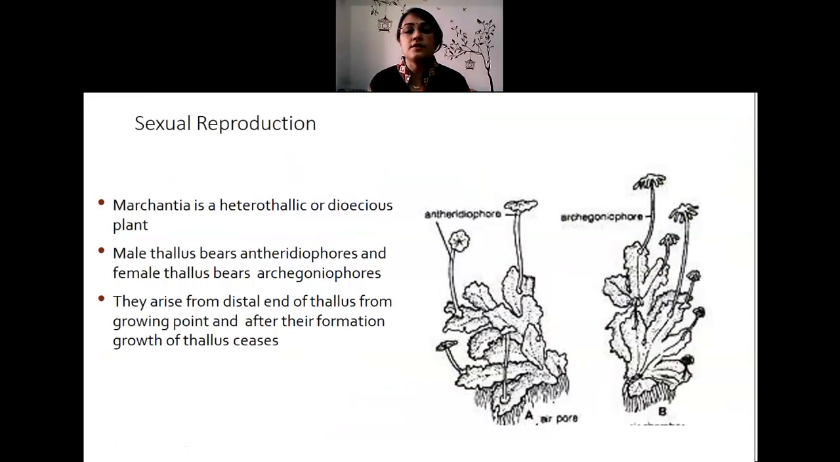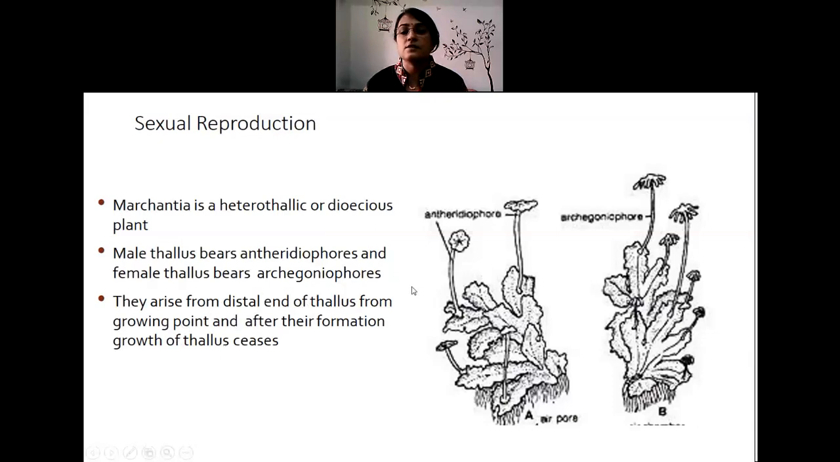So this was the vegetative reproduction of Marchantia thallus. Coming now to sexual reproduction, Marchantia is a heterothallic or dioecious plant. The male thallus bears the antheridiophores and the female thallus bears the archegoniophores. They arise from the distal end of the thallus, from the growing point, and after their formation, the growth of